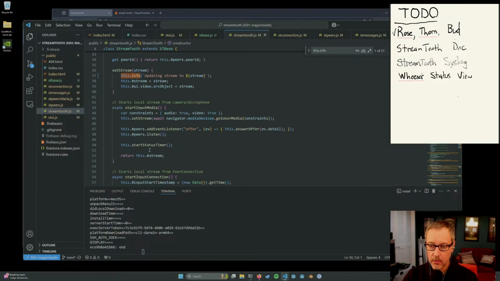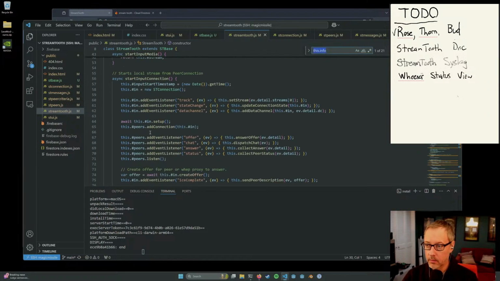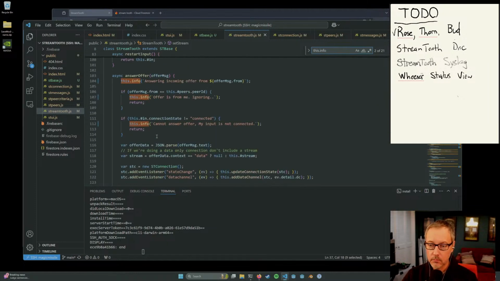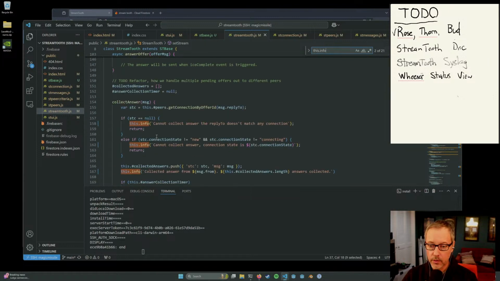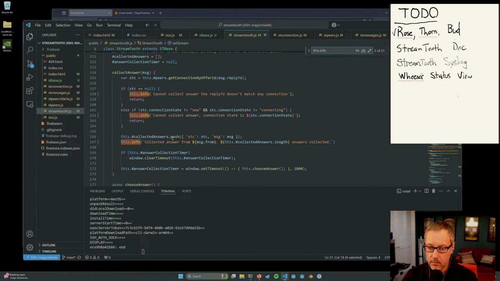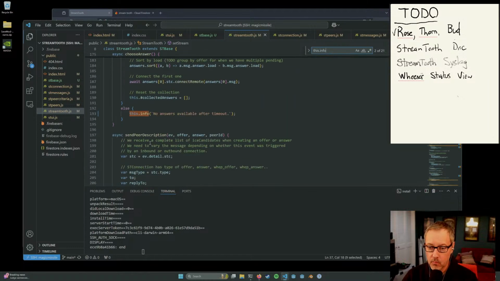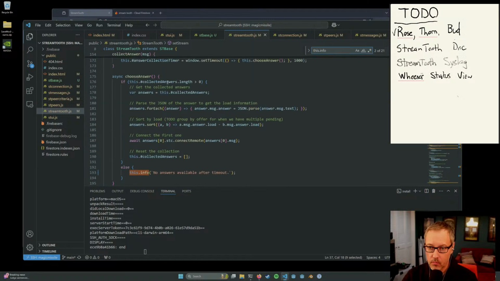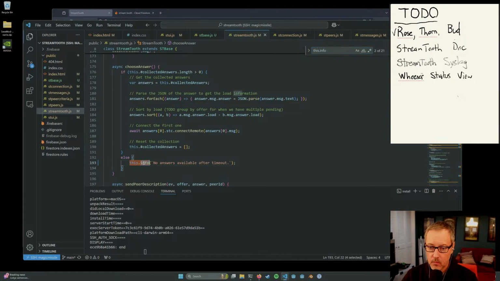All right. Now let's just go through all these. I want to look up this.info. I want to see them all. Those are good. Cannot collect answer. The reply to doesn't match any connection. I think that's, cannot collect answer, connection status. I think these happen normally. So this is warn.